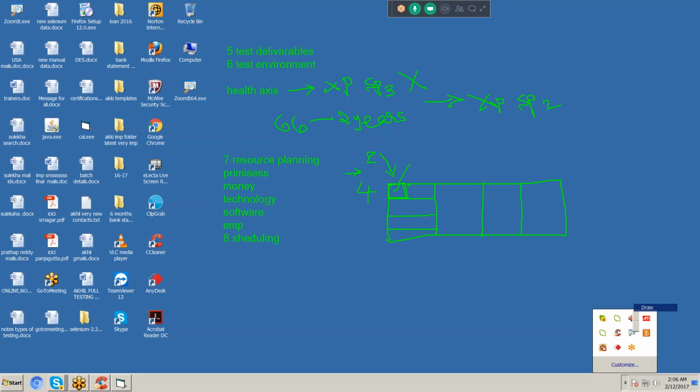And tomorrow, in this project we have four employees. 4 members came to the company. They did that particular work within 1 hour. Remaining 8 hours, your choice. You can go home and go to a movie, you can go anywhere. That scheduled work is completed, no need to stay there. You can go home and do any other work. There is no restriction for testing units. So that is scheduling.